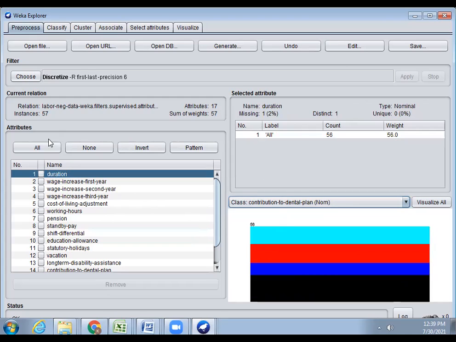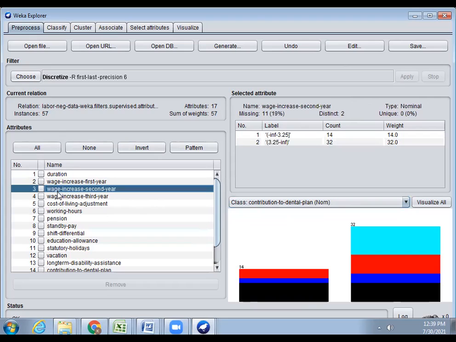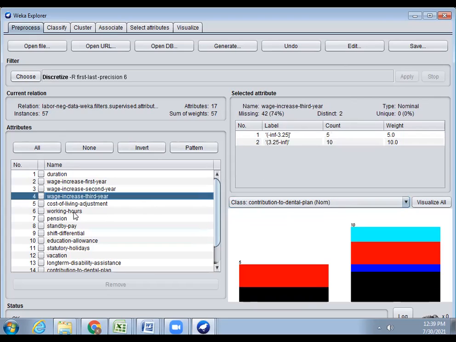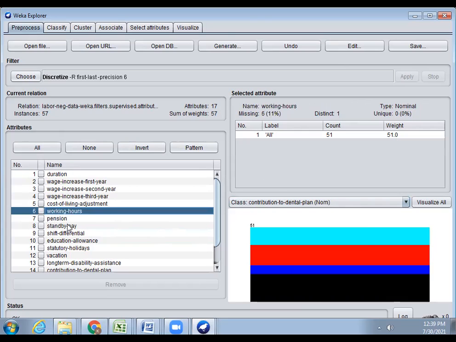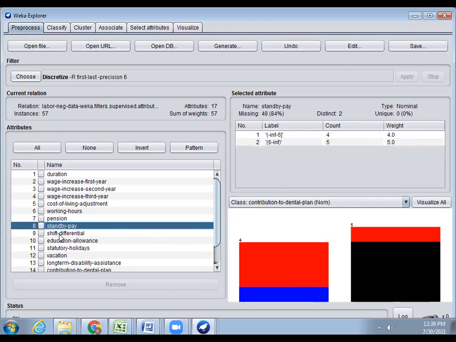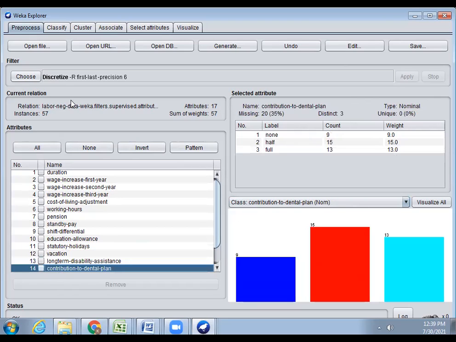So this is one pre-processing way. If we select this, the corresponding instances can be changed throughout the data set. So this is one of the pre-processing methods using discretization. Thank you.